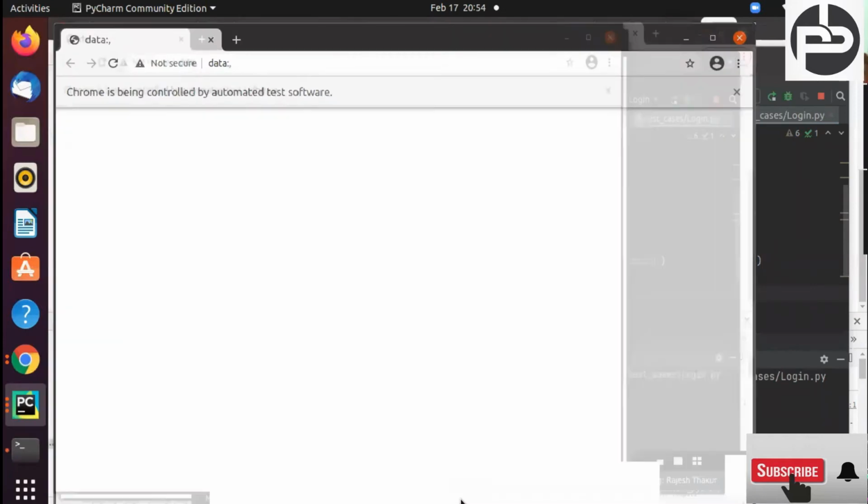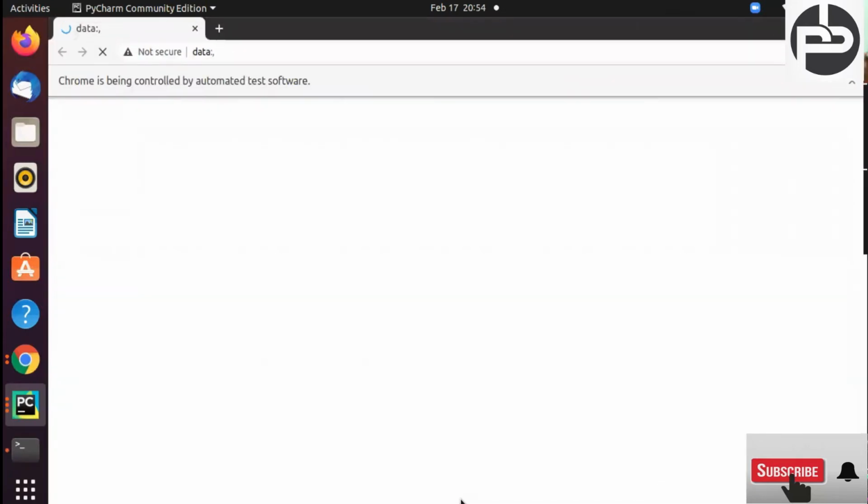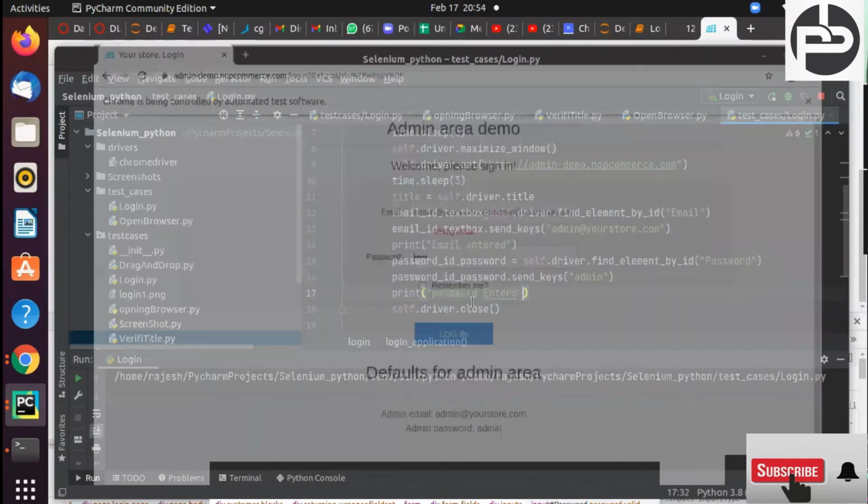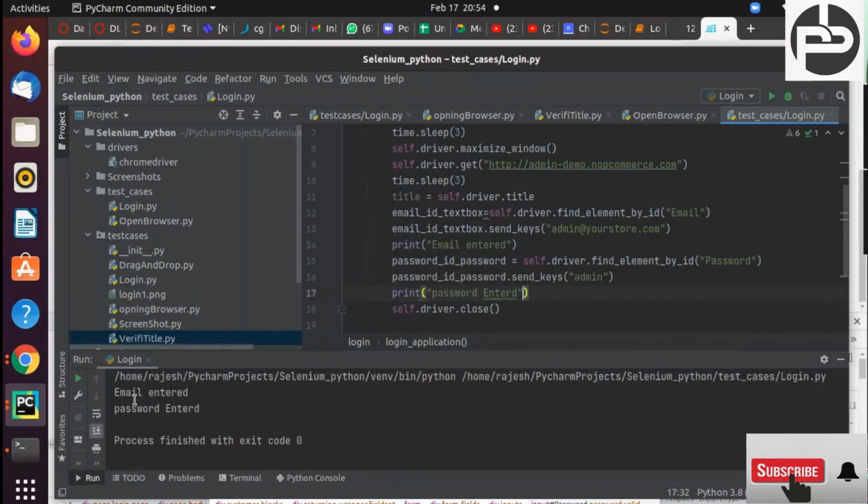Oh, we haven't called click on this login button, right? We should click on the login. Anyways, we are passing username and password, and after that it will close. Now it's done, and we are getting the message also. How can we ensure it happened or not with this message: email entered, password entered. Right now, we have to click on the login button also, right? So how can we inspect the login button?